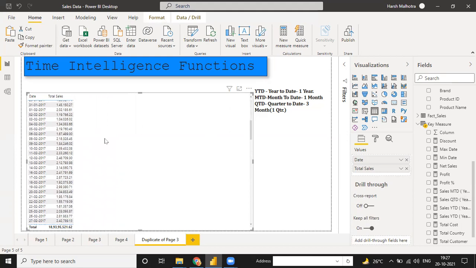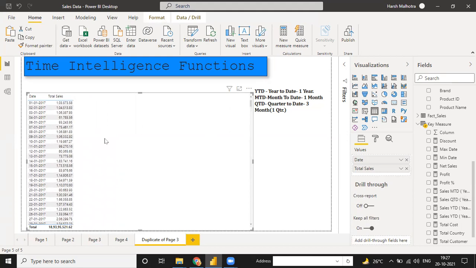Sales and sales QTD. And guys, right now we are going to use YOY. Before YOY, we need a sales measure. What is YOY? YOY is the year-wise difference, the year-on-year growth in our sales. What is our growth percentage year over year? For this, we are going to use an important function, the DATEADD function.